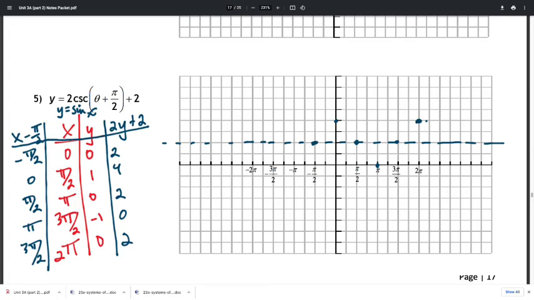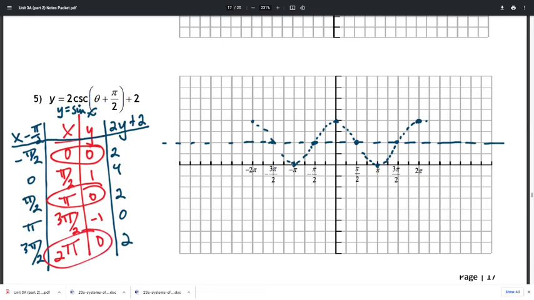And then over here we'll be at negative pi, and then up here at 4. So graphing this, it looks like that. Okay, so now remember that the cosecant graph would have an asymptote anywhere